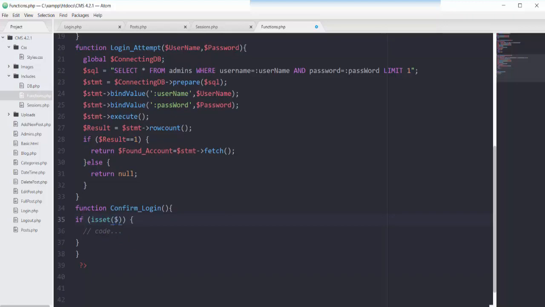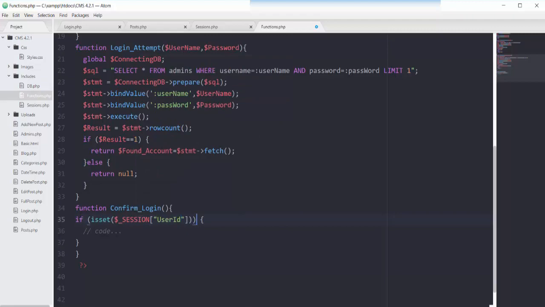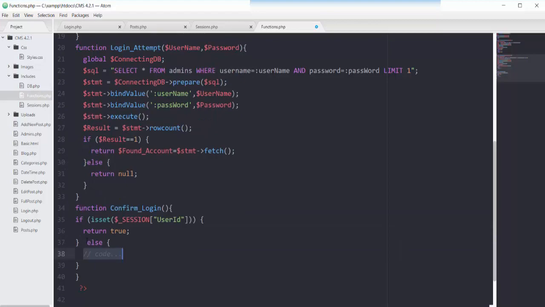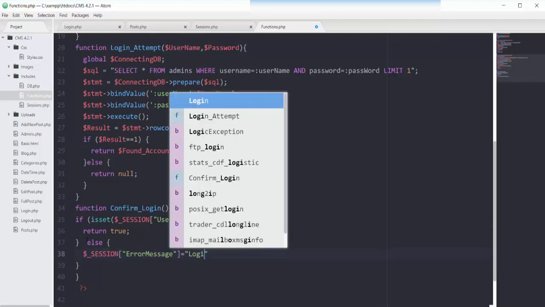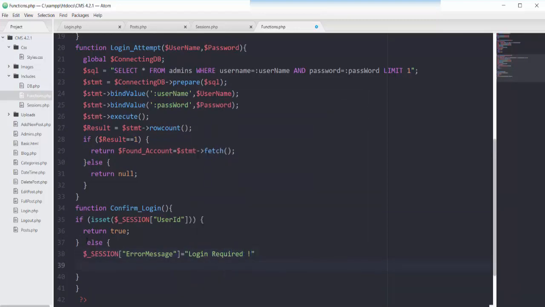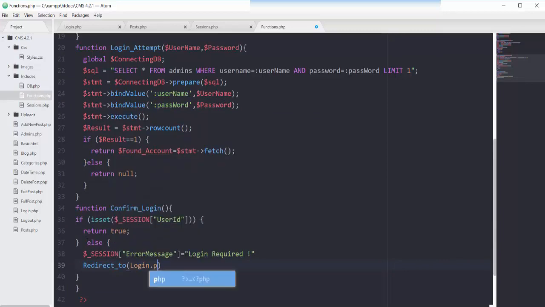If this session of user ID is set, then return me true. Otherwise, add this error message that login required and redirect to the page of login.php.